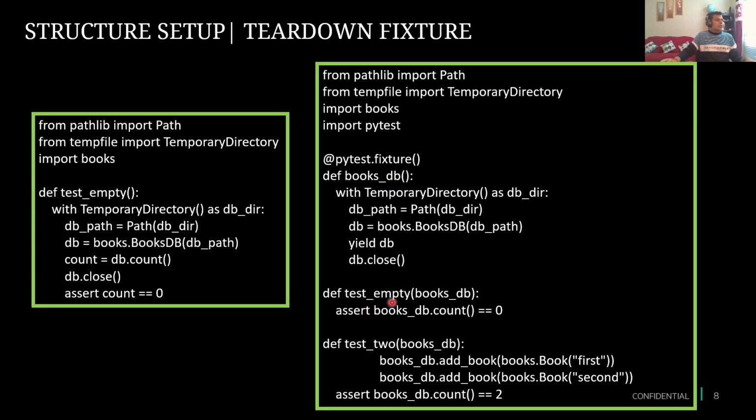Now look at our test case. So this was the test case, test empty. What we wanted to do? We just wanted to do one line execution. Assert count should be 0 because we have just initialized the database. Another test case, we are adding book 1, book 2, and then we want to count how many books we have. But now we can see how clean our test cases look